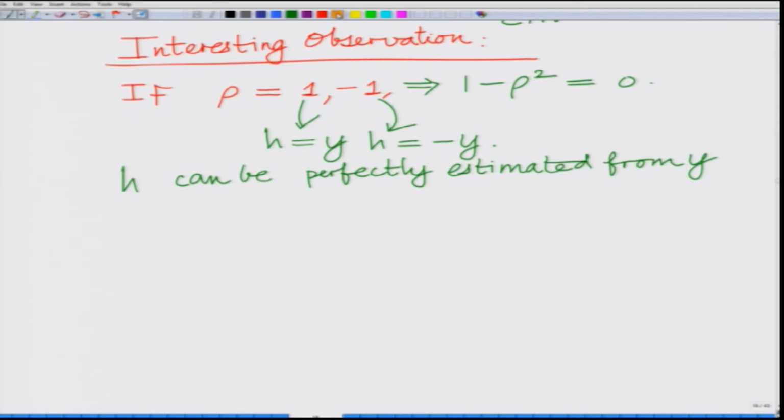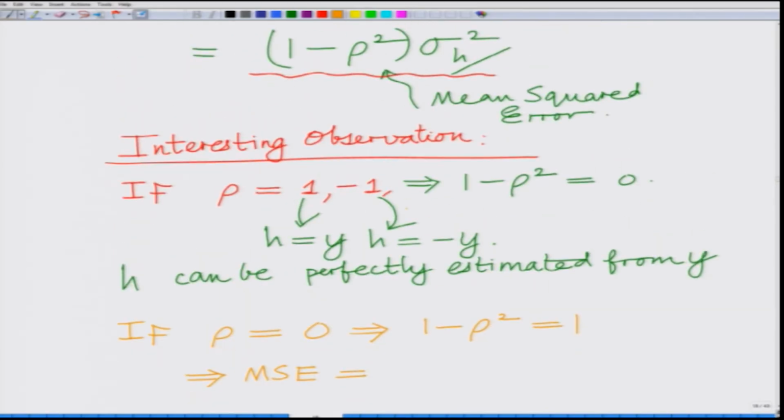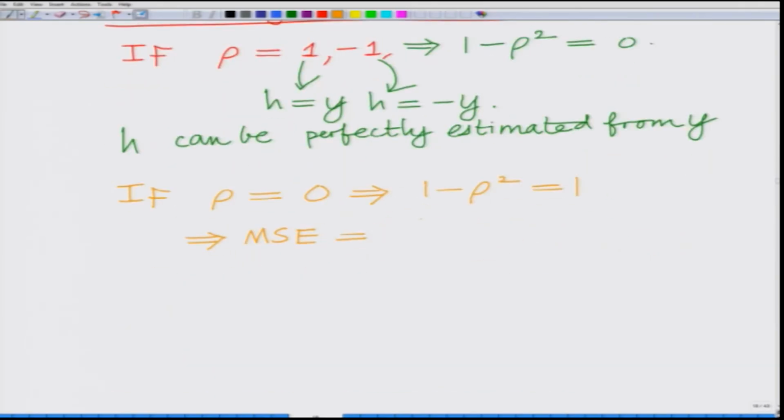Now, consider the other scenario. If rho is equal to 0, that implies the correlation between H and Y is 0, which implies 1 minus rho square equals 1, which implies the MSE equals, what is the MSE? You can see 1 minus rho square is equal to 1, rho is equal to 0, MSE is simply sigma h square, the mean squared error is simply the initial variance